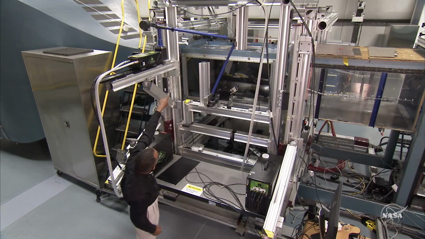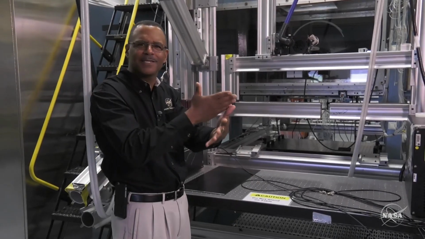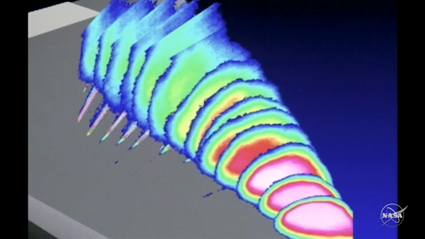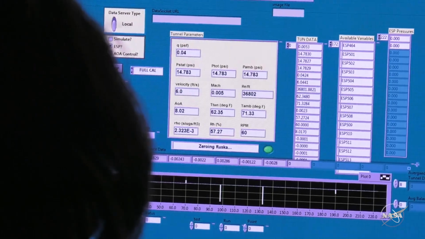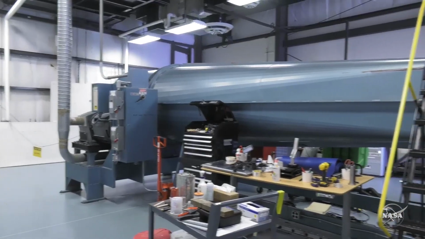There's also an additional laser system on the top that you can see here, and it's projecting a light sheet down through the ceiling. So we can look at the flow in multiple planes, basically like an MRI machine. We can dissect it into various pieces to examine it. Now BART is either a single operator or maybe a two-person operation. So most of the time, it only takes a technician and an engineer to actually do some of the outstanding